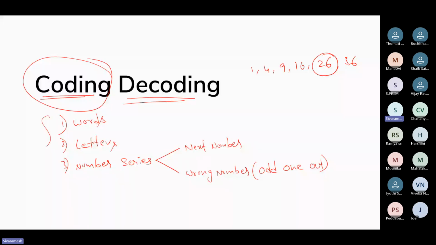I'll give you some inputs regarding coding and decoding and number series, and I'll share this PPT. You will have a lot of questions in the PPT to solve, of different models, and for each and every question you will have a solution in the notes section. For each and every slide you will have a solution. My first suggestion is don't look at the solution while you are solving. First try to attempt once or twice.